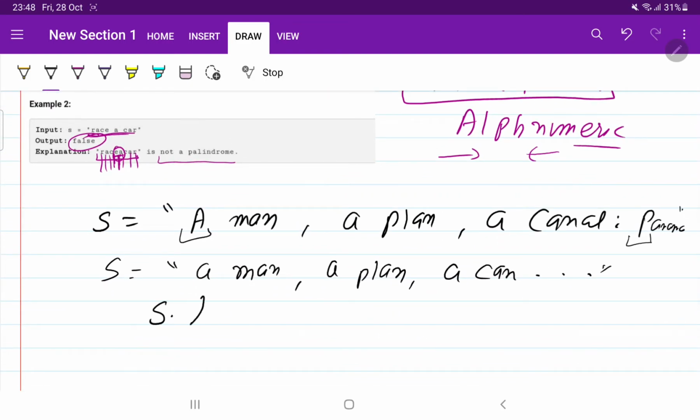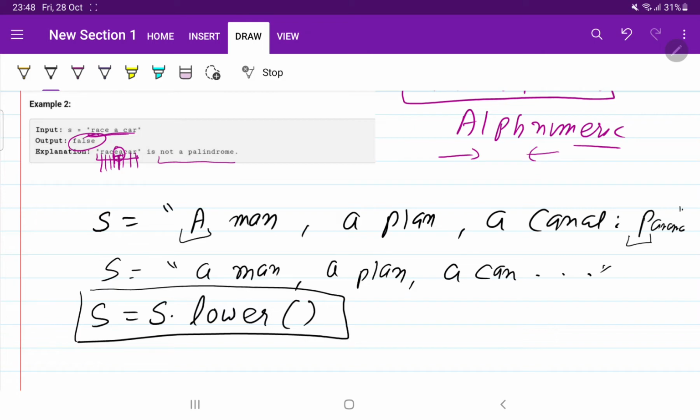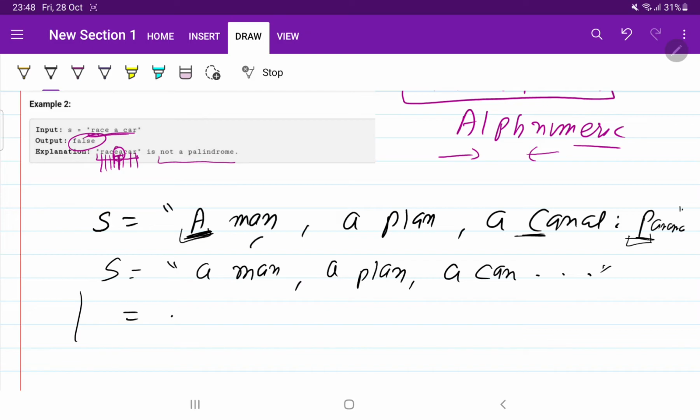In Python we have an inbuilt function s.lower. So s = s.lower will convert all the capital letters to small letters. After using this function, we are going to get this string.